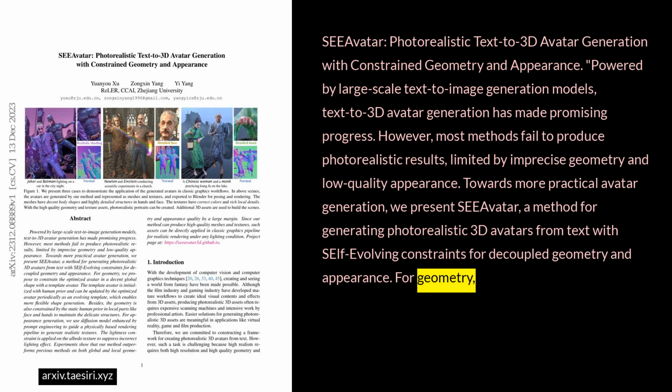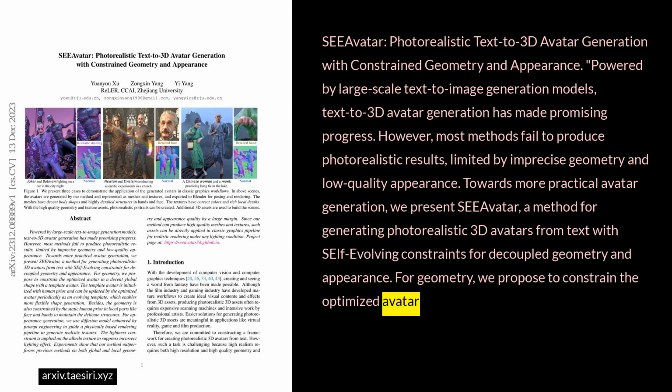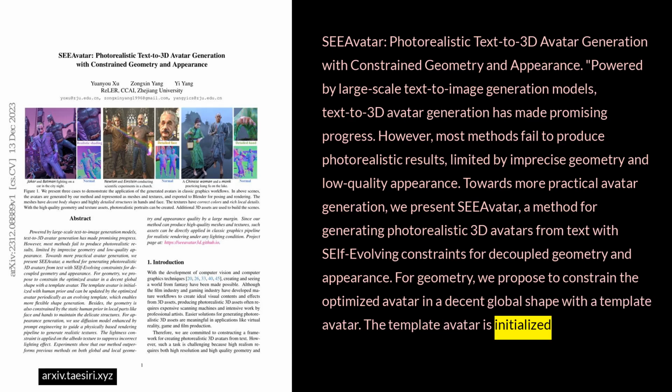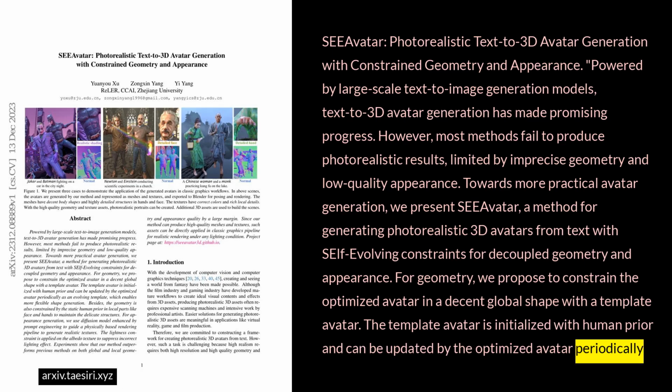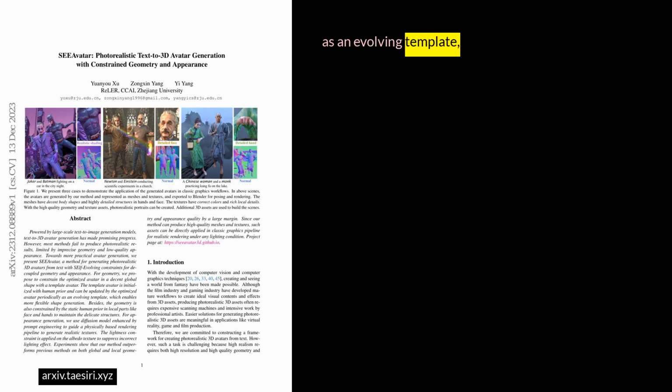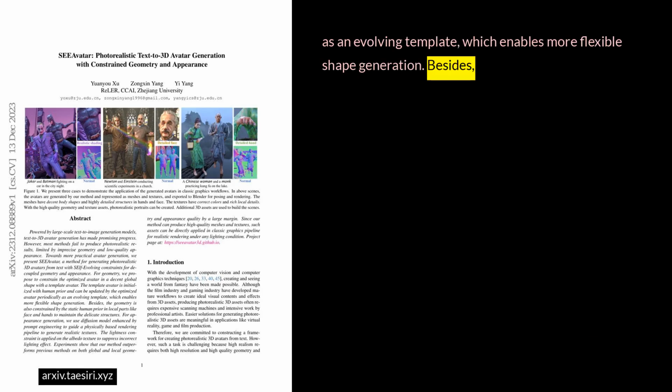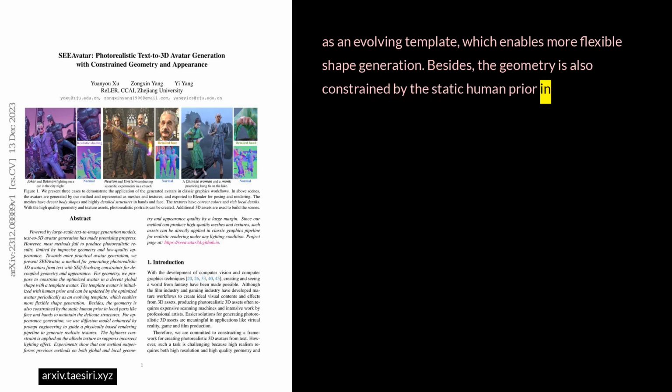For geometry, we propose to constrain the optimized avatar in a decent global shape with a template avatar. The template avatar is initialized with human prior and can be updated by the optimized avatar periodically as an evolving template, which enables more flexible shape generation. Besides, the geometry is also constrained by the static human prior in local parts, like face and hands, to maintain